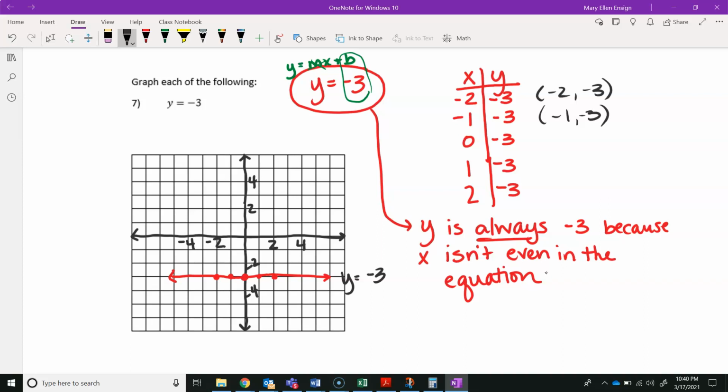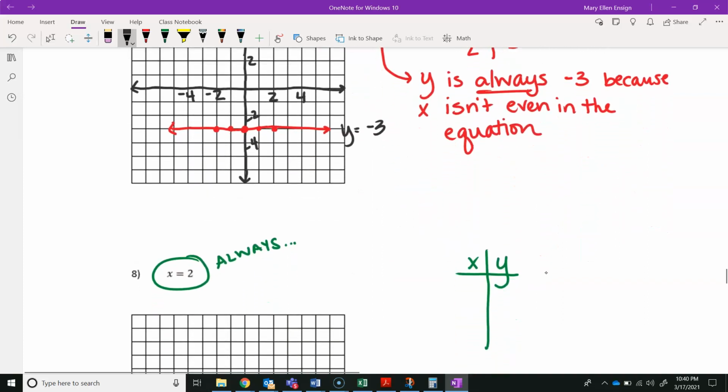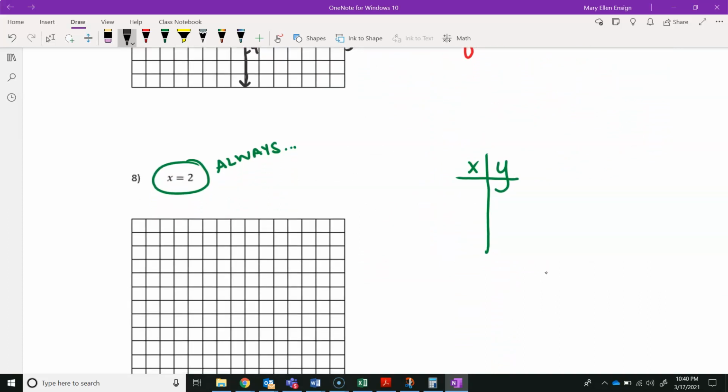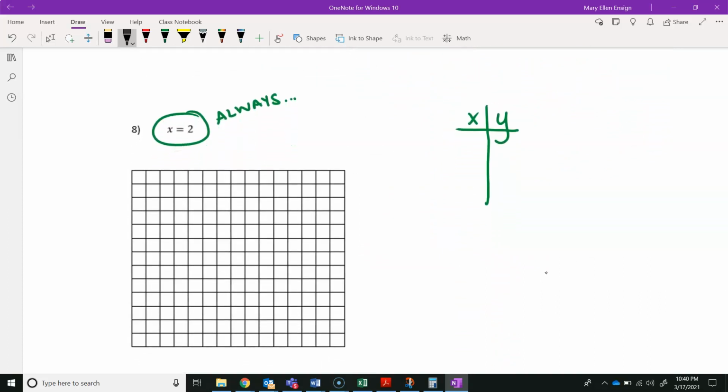As if all of those points have come down -3. And then if we have x equals 2, that also looks weird. This really looks weird because it's not even y equals. So again, think of this rule as saying that x equals 2 always. So the only value I can ever have of x is 2. It doesn't matter what y is. I can plug anything in for my y. So again, if I go to graph this now,